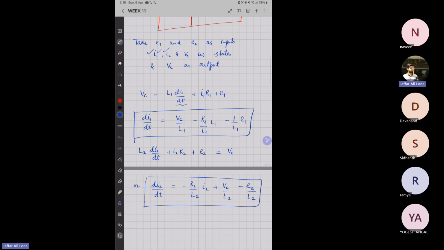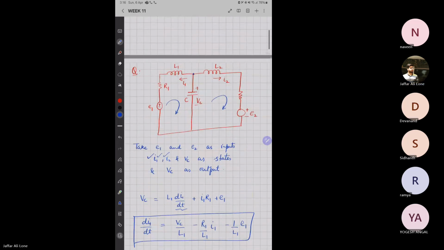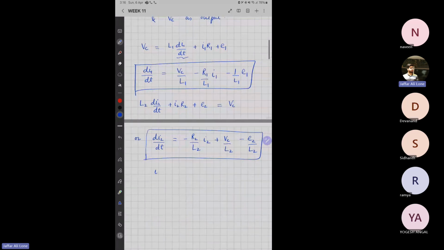Now I will write for VC. How can I write for VC? If you see this point, we can write KCL at this point, because I2 is going in this direction and I1 is going in this direction. There must be some current coming from this direction, or all these currents sum up to zero. And this current will be C dVC by dt. So I can write I1 plus I2 plus,